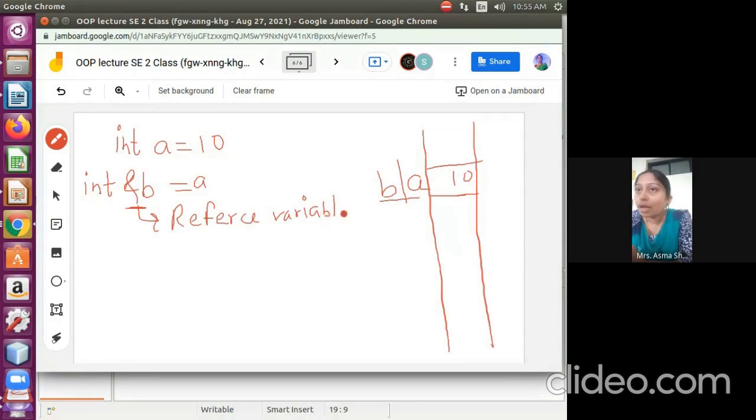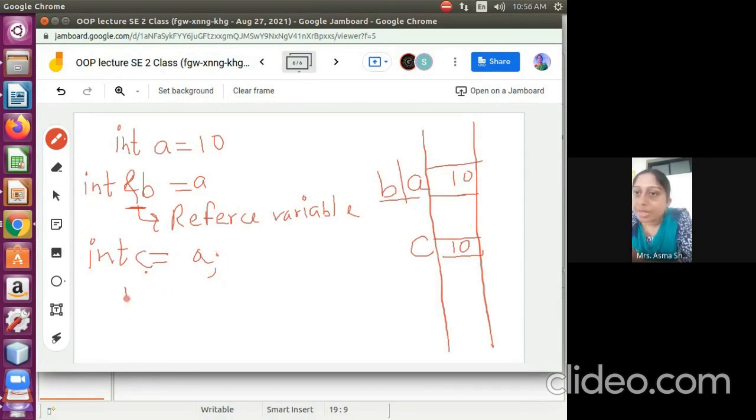Okay. Now it is the same thing. Now if I assign int C is equals to A, students, here it is not accessing the same memory location. C is a new memory location, and 10 is assigned to it because A is 10 now.